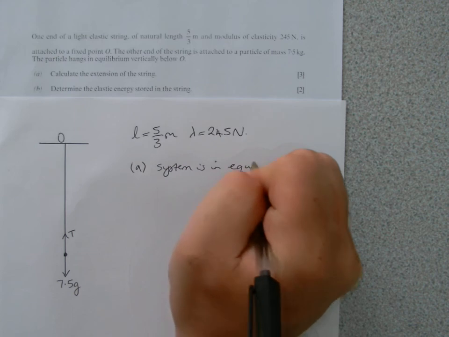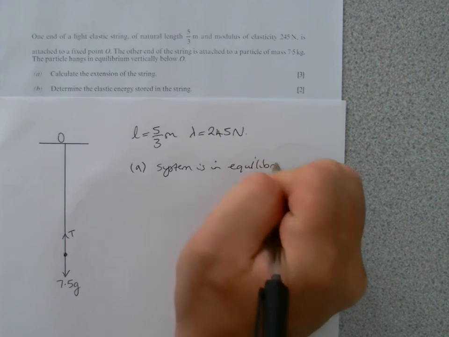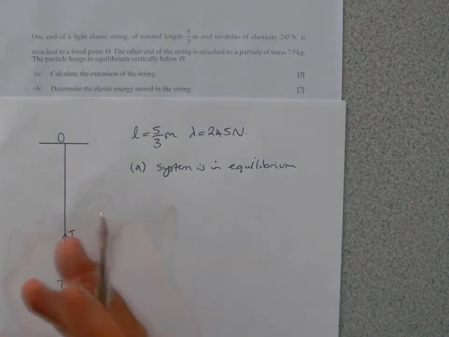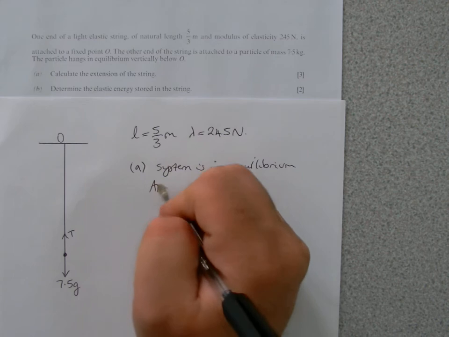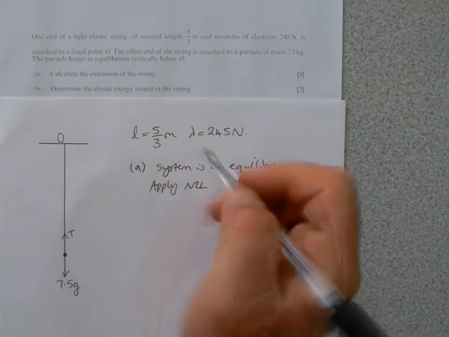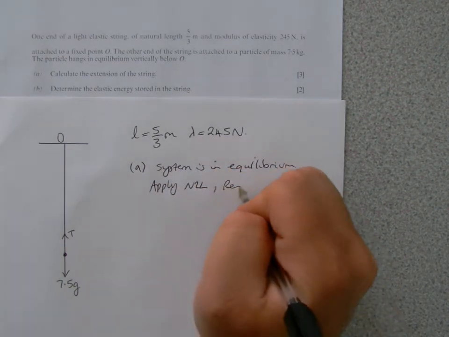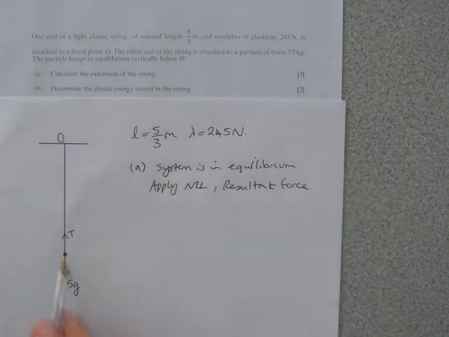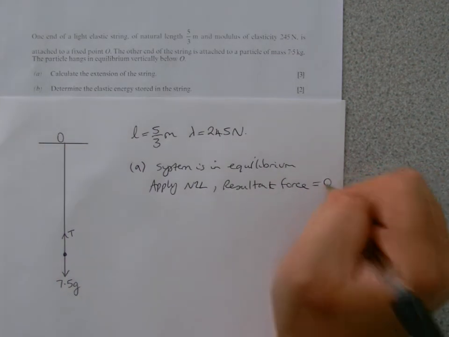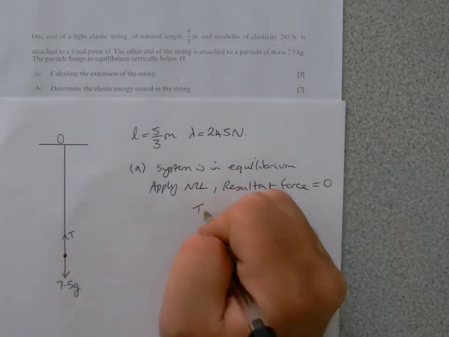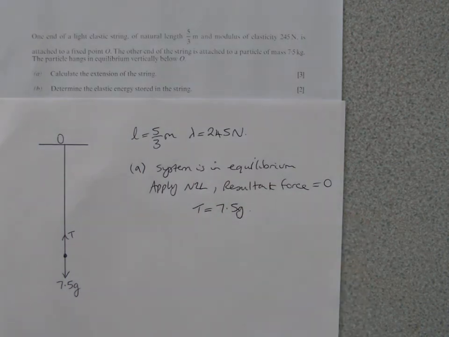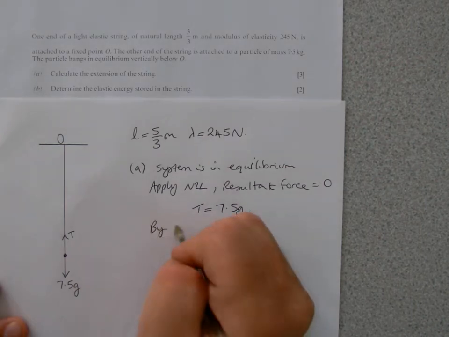So when we apply Newton's second law of motion, the acceleration is going to be 0, because it's balanced. So when we apply that, the resultant force is going to be 0, which means these forces have to balance. So if the resultant force is 0, these forces balance, so T will have to equal 7.5 G. Now that we know the tension, we can work out the extension of the string, because we know Hooke's law